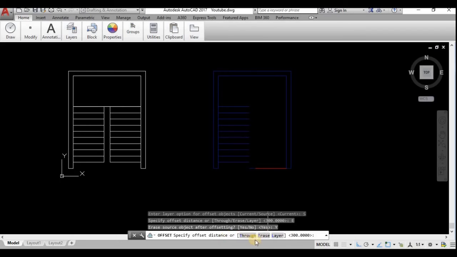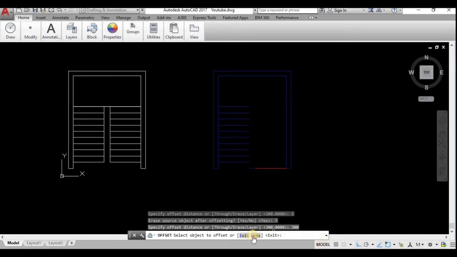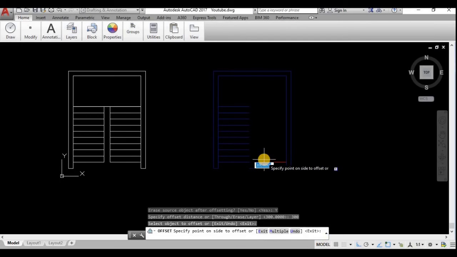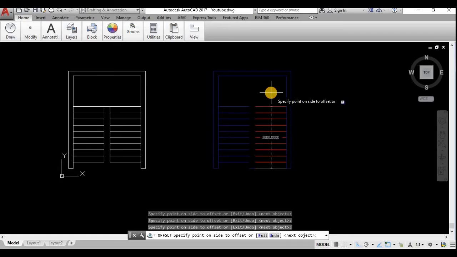The distance is 300. Before that I need to give multiple, so that I can draw a number of lines. I am just clicking where I need. That's all. I shall press enter, so it will be moved out.